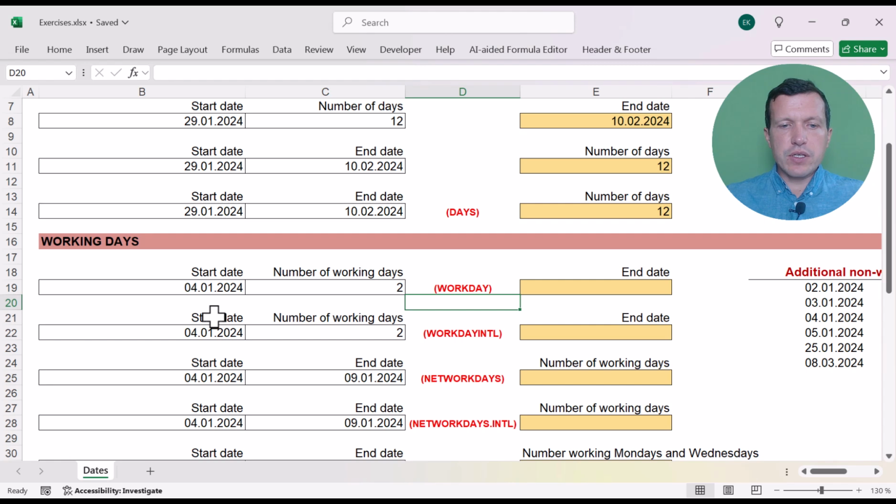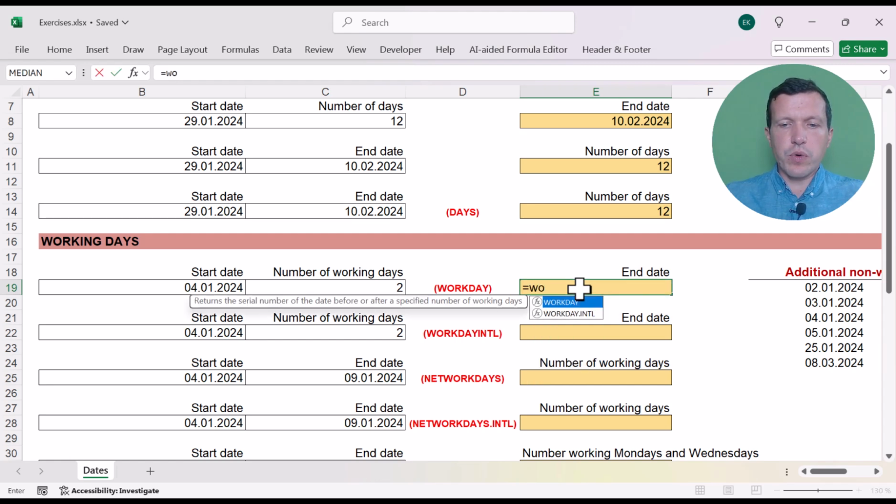Here we have start date and we have number of working days to be passed, and we need to find end date. So what is the date that is exactly after 2 working days after 4th January 2024. So the function that we're going to use here is work day. We need to input start date. We need to input number of days,